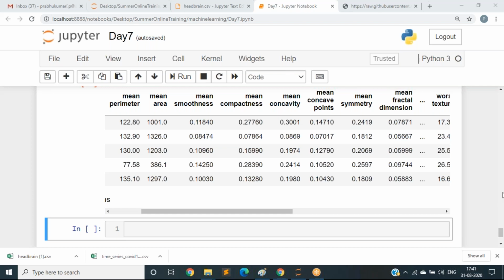For the KNN and for the Random Forest, have you taken the same features or different? Same. Okay. Your model has trained more with the KNN, not with the Random Forest, from your end.